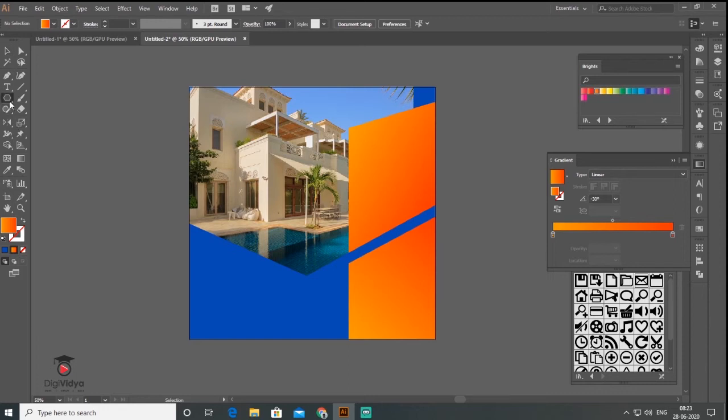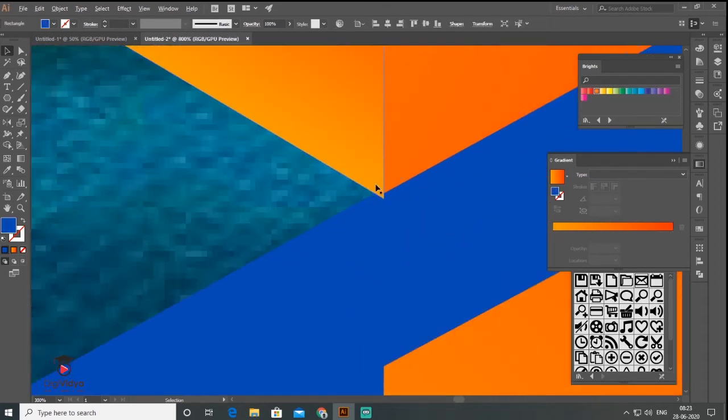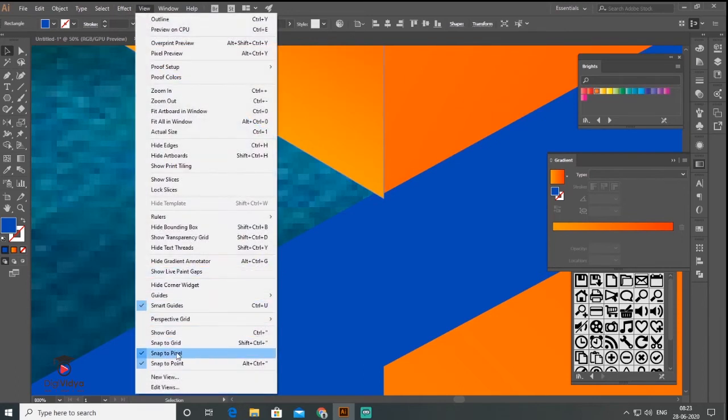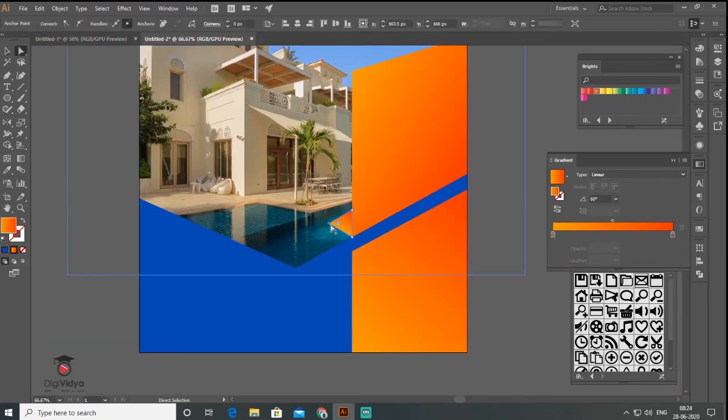Then I want to make a triangle. So for the triangle I go to the Polygon tool and just click on the artboard and change the sides to 3. So here is my triangle, and pressing Shift I rotate it 90 degrees, drag this triangle here and increase the size. If you want to join this triangle, fit this triangle to the rectangle, so I turn on snap to point, and then I go to the Direct Selection tool and select the anchor point and just click on it and change the color into